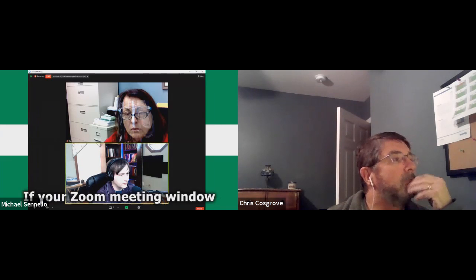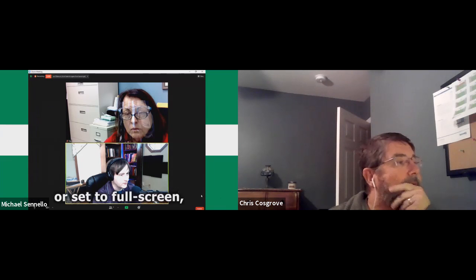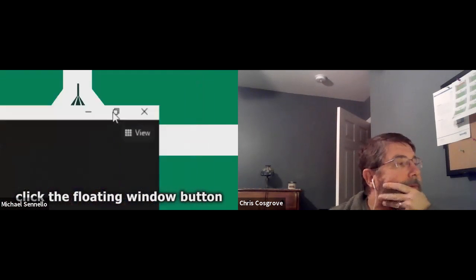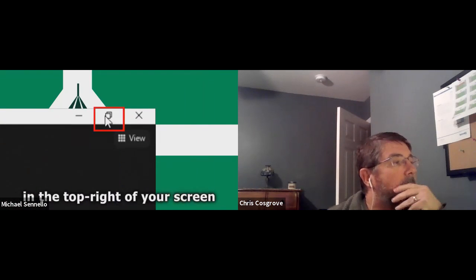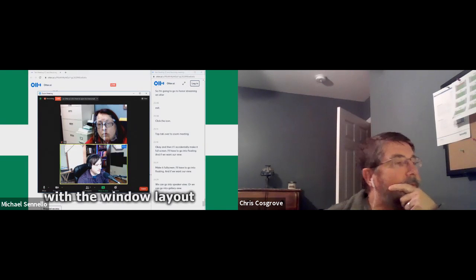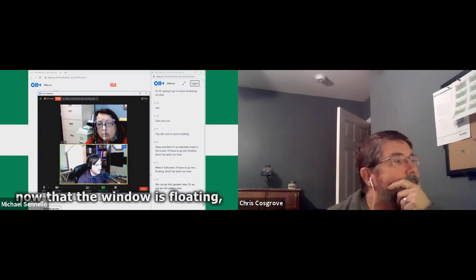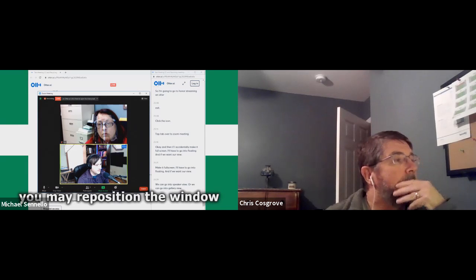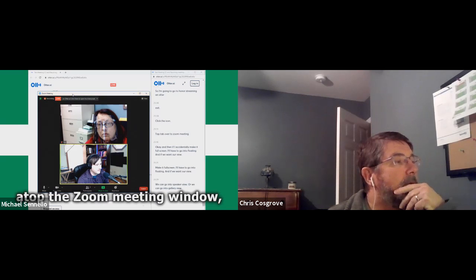If your Zoom meeting window is either maximized or set to full screen, click the floating window button in the top right of your screen to make the Zoom window a floating window. If you are not satisfied with the window layout of the Zoom meeting, now that the window is floating, you may reposition the window by clicking and dragging the white space atop the Zoom meeting window, and you may resize